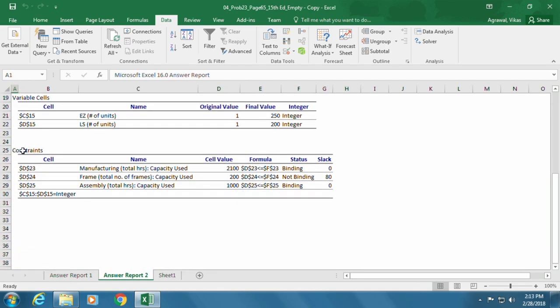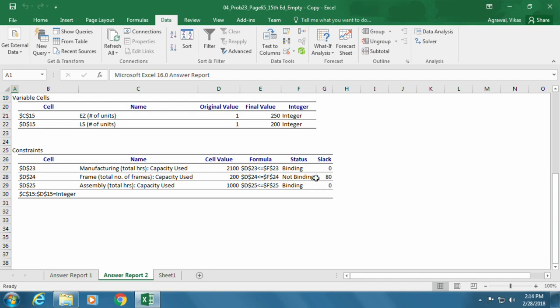Down here, the third group will be about the constraints. So it tells you that our manufacturing constraint capacity used is 2100, and that's binding. So we are using up all of the manufacturing constraint. We are using up all of the assembly time constraint, 1000, that's binding as well. But we are only using 200 of the available frames for LS model, and this is not binding.